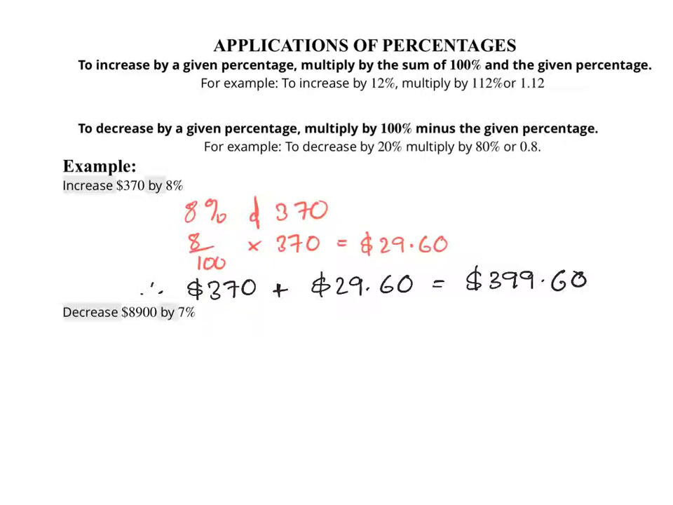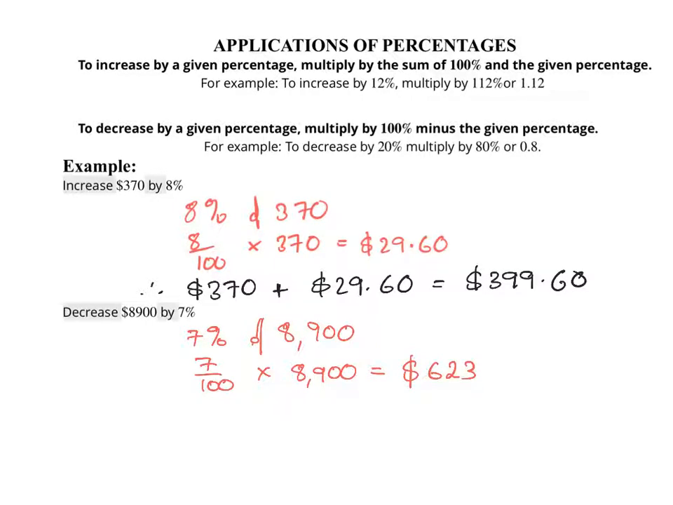exactly the same way because we need to see how much we're going to decrease $8,900 by. At this stage, we only know it's 7%. So let's work out 7% of 8,900. So remember, 7% means 7 out of 100. Of is times 8,900. Pop that into your calculator and you should end up with